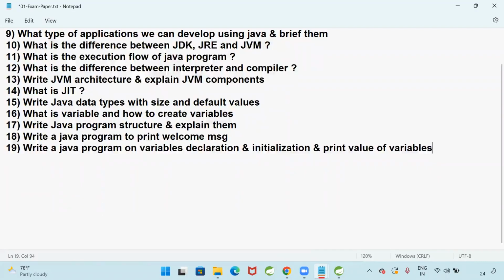Write a Java program on variables declaration, initialization, and print the value of the variables.